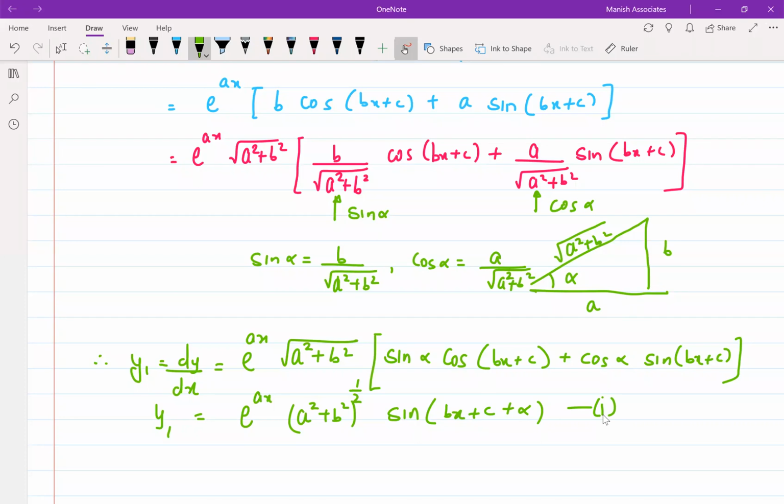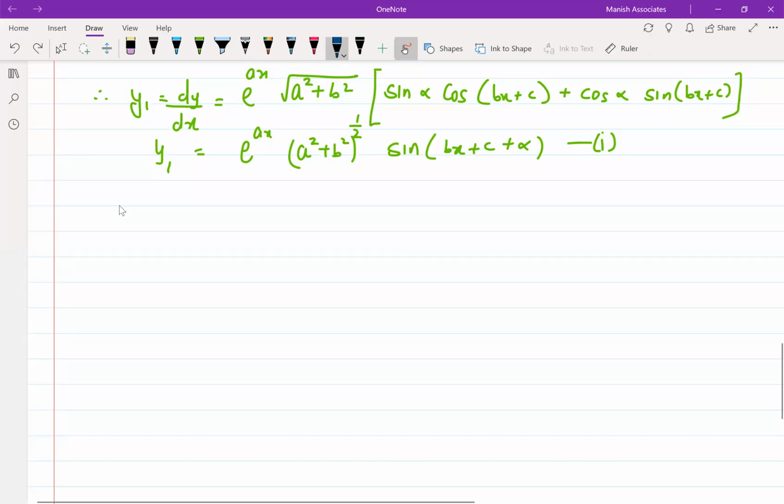So please finish up this. But here there is one important thing I have to tell you. Suppose we have to calculate the value of alpha. Okay. So how do I write what is alpha? I can write here tan alpha is going to be equal to b by a. So what is alpha going to be equal to? Tan inverse of b by a. If you have followed till here, please start doing it.